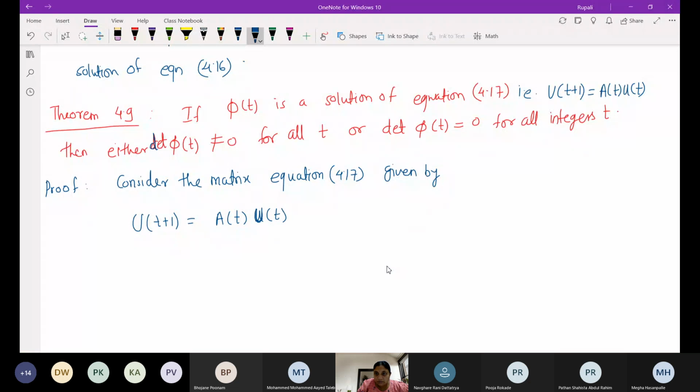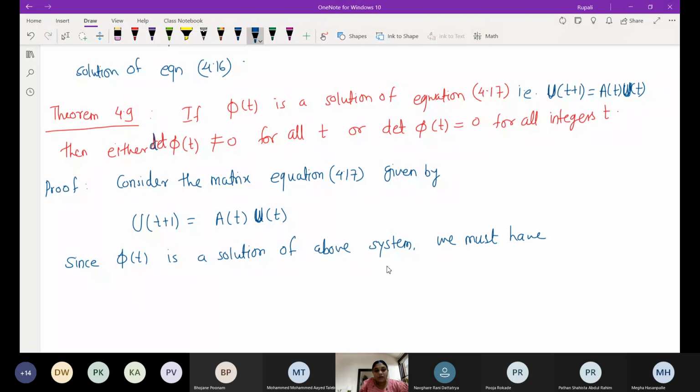This is capital, and this is also capital, not small. And what is given here? Phi of t is a solution of the above system, so we must have